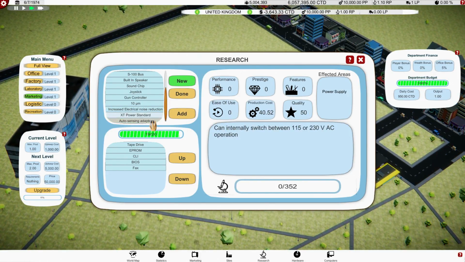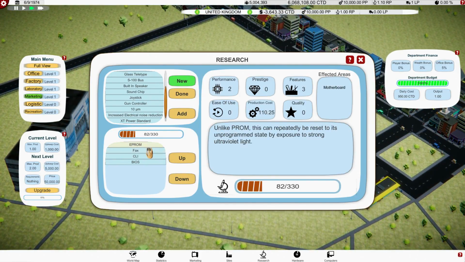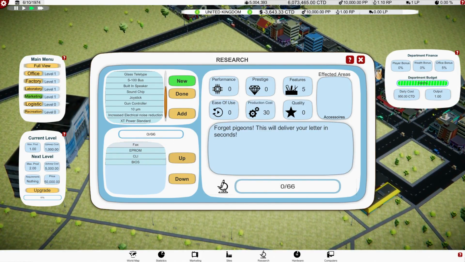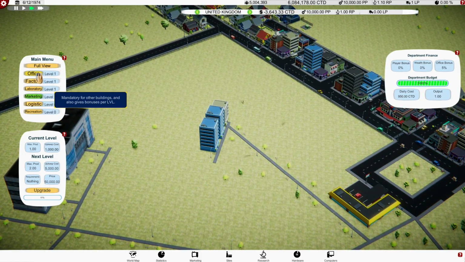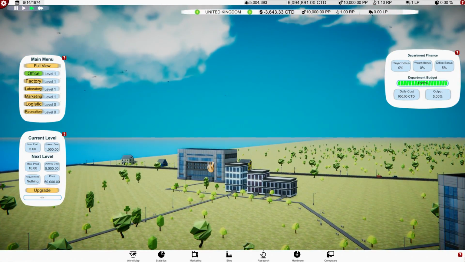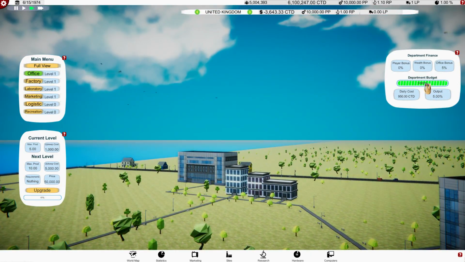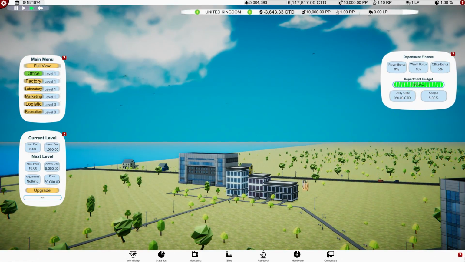I am looking for some fancier stuff as well. A new technology. Yeah, let's bring the fax up there as well, and then we'll create another something or other. So what does the office give us? I'm not entirely sure. I'm really not sure how this works, but